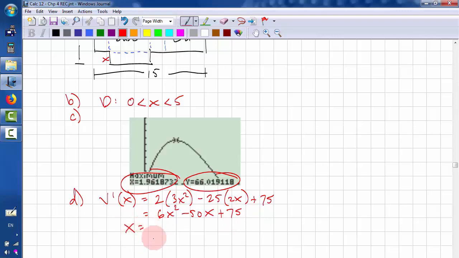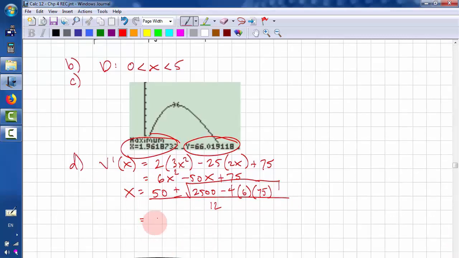X equals negative b, so that's 50, plus or minus square root of b squared, that's 2500, minus 4ac, all over 2a, equals 50 plus or minus square root of 700, over 12, and that's going to be roughly 1.962,